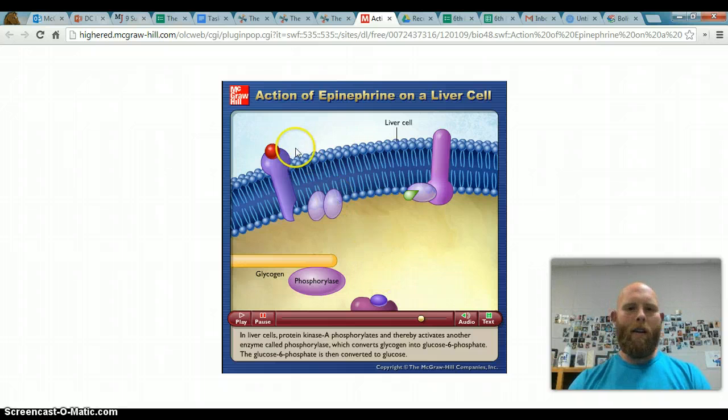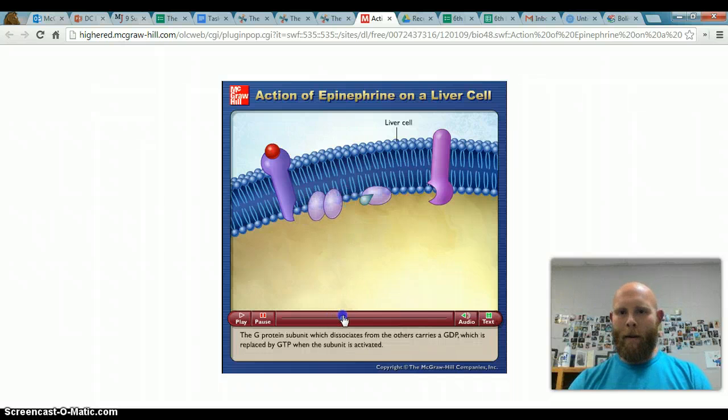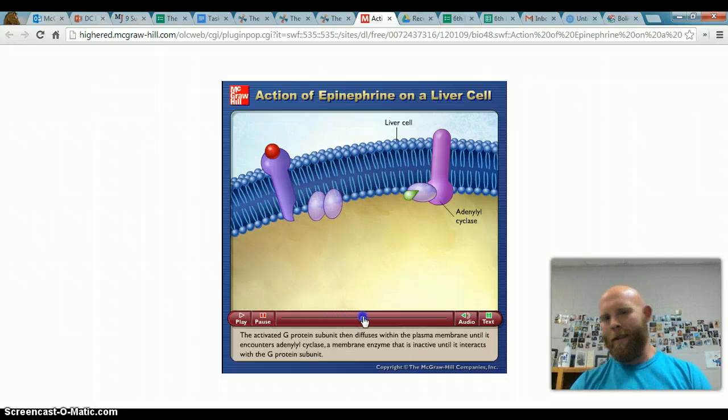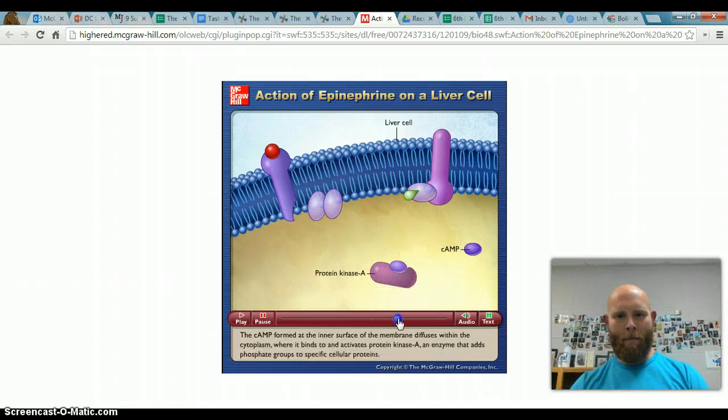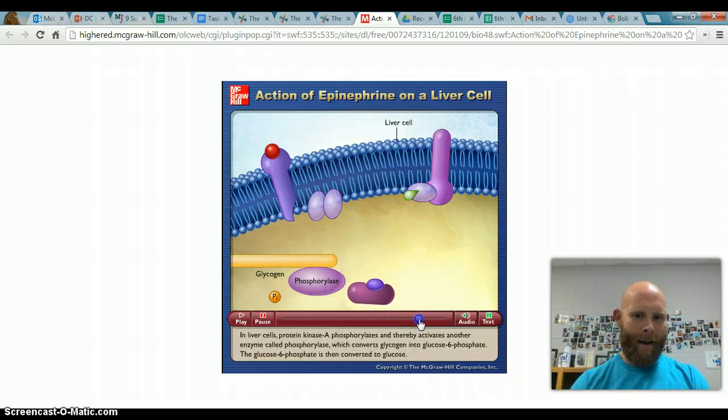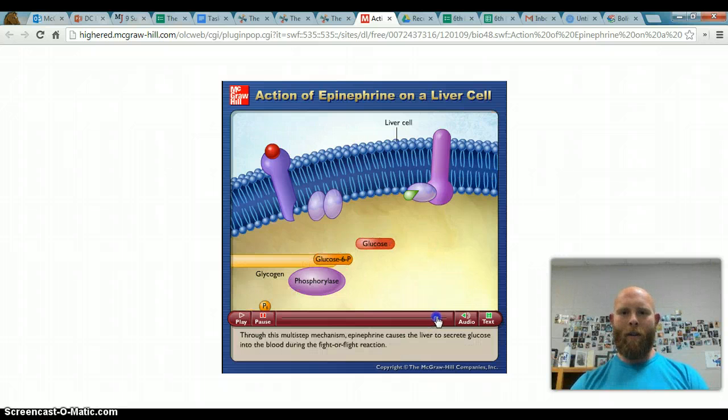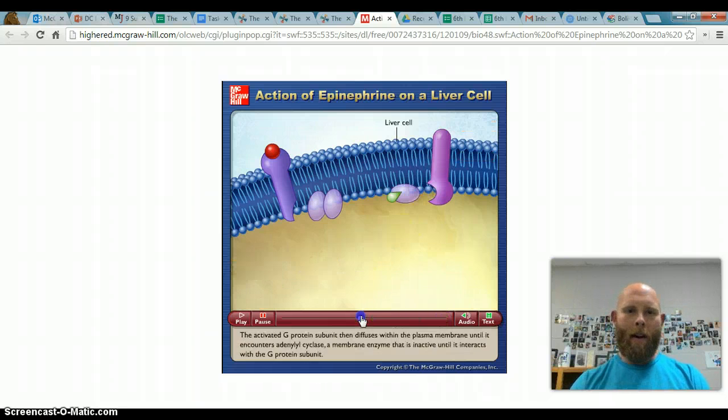So time out. All that had epinephrine attached here. This thing dissociated or broke this part off. They traded a GDP for GTP, bound with this, created the cyclic AMP. I guess I can show you all this. This thing breaks apart, trades it for a more energy-rich version, creates the cAMP, which binds to that, which adds a phosphate to that, which then causes glycogen to be broken down into glucose. So again, all of this chain reaction and production of glucose would have never happened had epinephrine never bound to